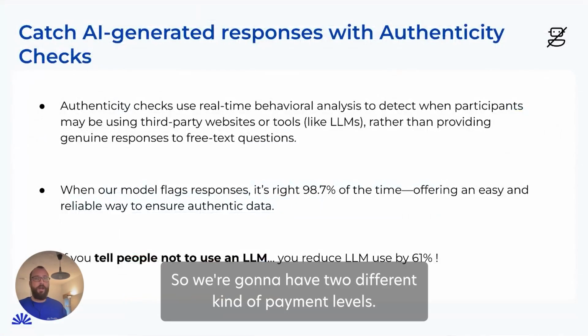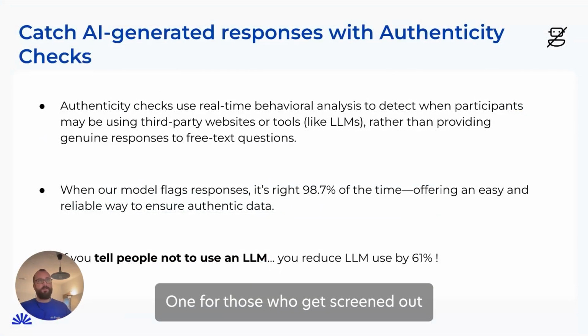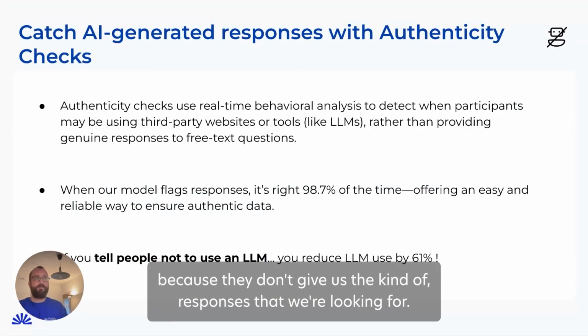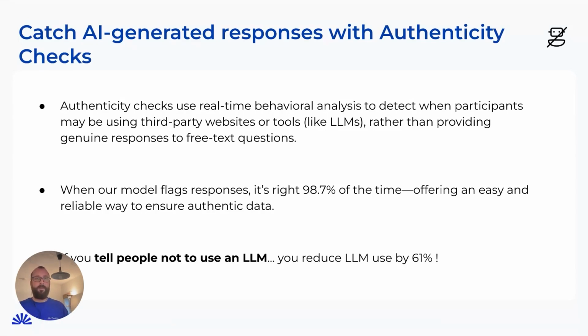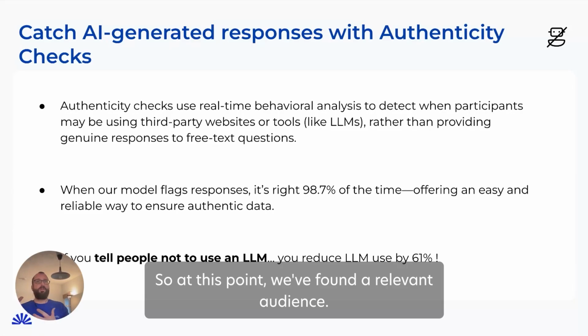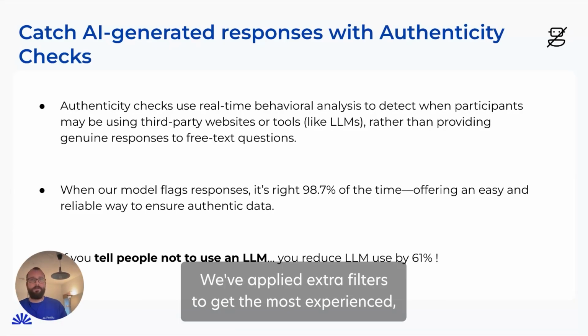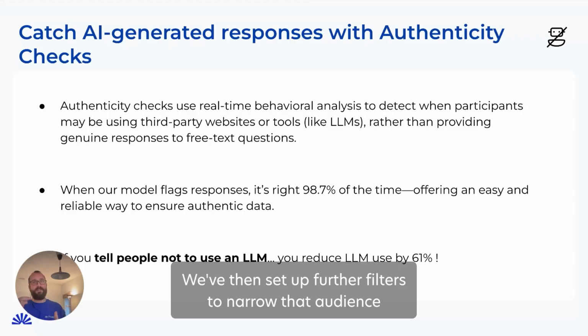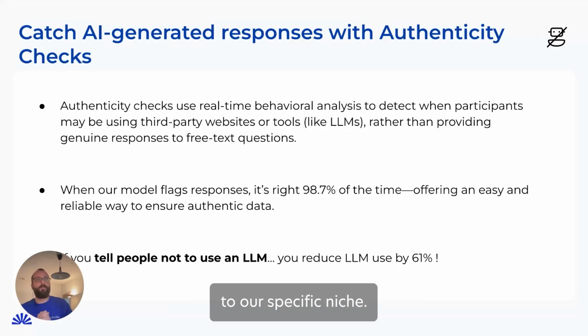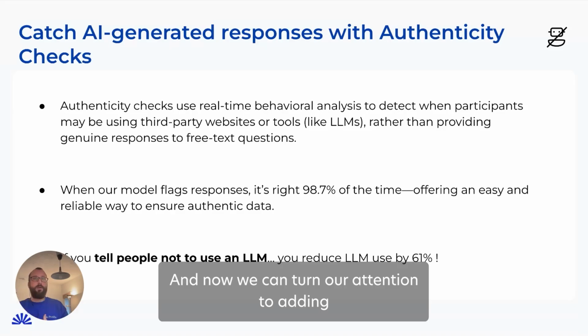So we're going to have two different kinds of payment levels, one for those who get screened out because they don't give us the kind of responses that we're looking for, and those who can then go on to complete our entire survey. So at this point, we've found a relevant audience. We've applied extra filters to get the most experienced, most engaged, most approved of that audience. We've then set up further filters to narrow that audience to our specific niche. And now we can turn our